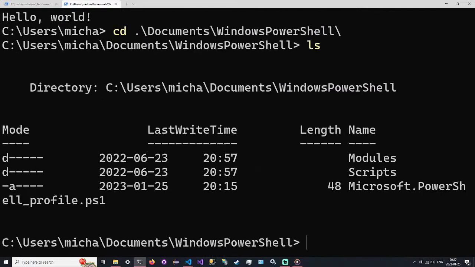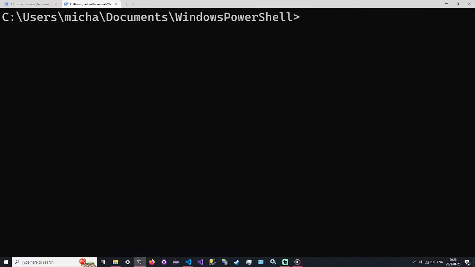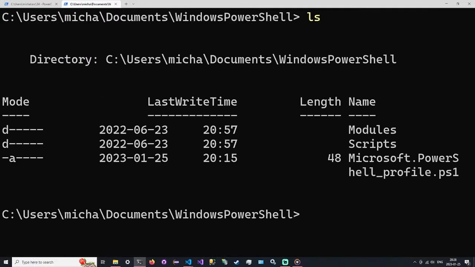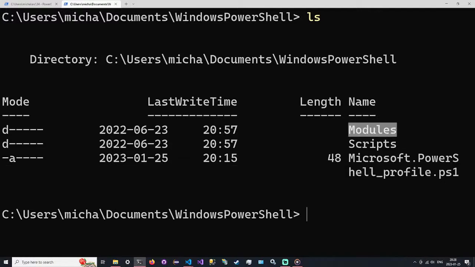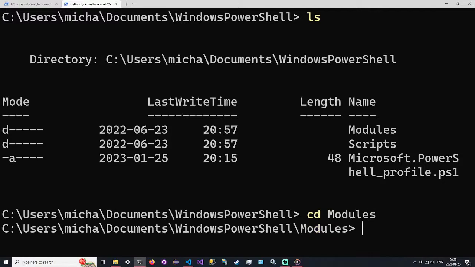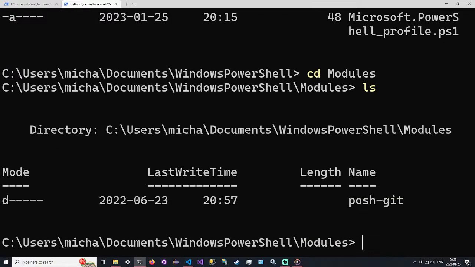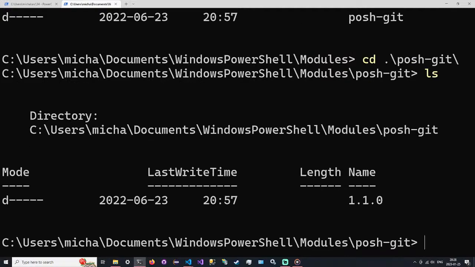All right, so we're in our PowerShell directory. I do ls, and you can see that we have the PowerShell profile as we saw before. Then we have a modules and a scripts folder. We want to create a new module, so we say cd modules, and in the modules directory, we have all of our modules. Right now I just have PoshGit. So if I were to enter PoshGit and then do an ls,